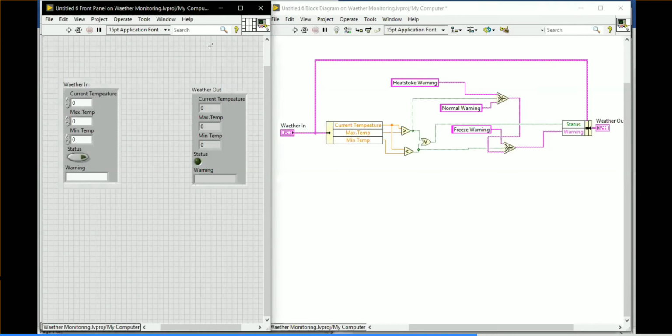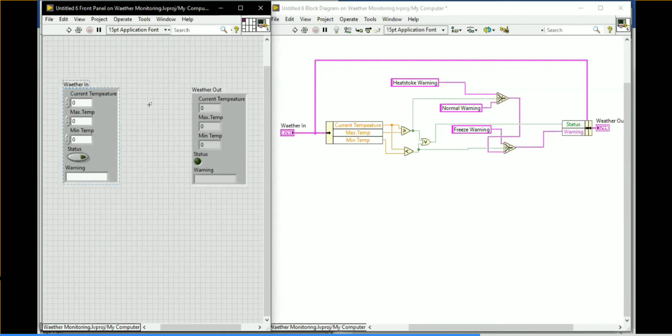Okay, so we are going to create sub VI. So how to create a sub VI: we are going to choose how many controls and how many indicators are available here. Here we have only one control and one indicator. So I am going to choose the sub VI here. To make the sub VI, we require a connector pane. This is the connector pane. Just click on the connector pane terminal and then choose the cluster. Don't choose the control over there. Don't choose the minimum temperature and maximum. Okay, choose as a cluster.